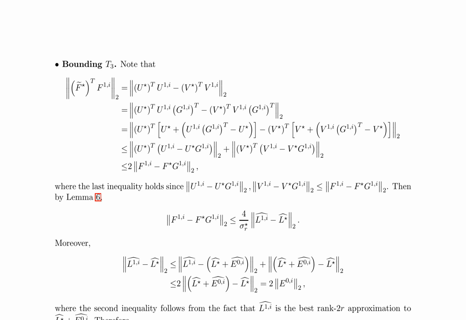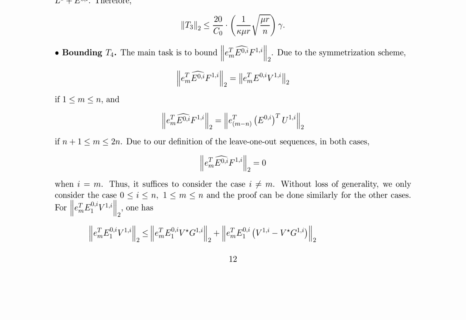The paper then establishes the induction hypotheses for t equals 1 and t greater than 1. For t equals 1, it is shown that E0,I is bounded by gamma 2 c01 kappa 2 micro r sigma r with high probability, where E0,I is decomposed into two terms, E0,I1 and E0,I2. Finally, the paper provides the eigendecomposition of L and expresses increment 1,I,M as the sum of four terms, T1,